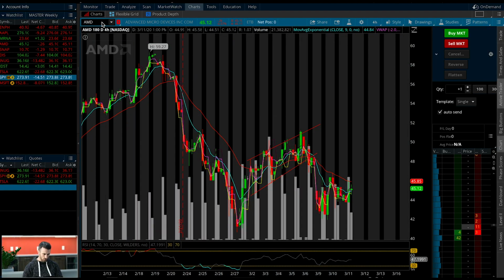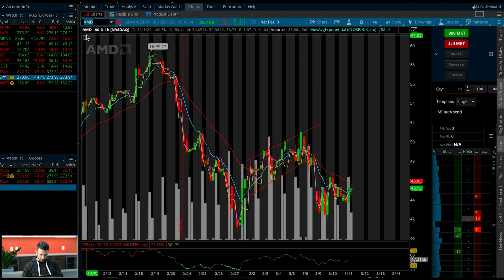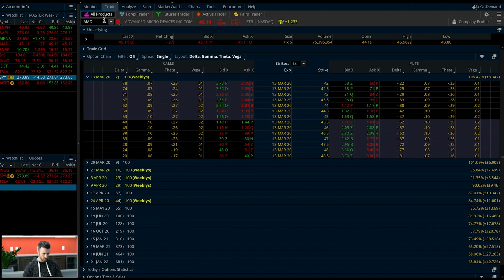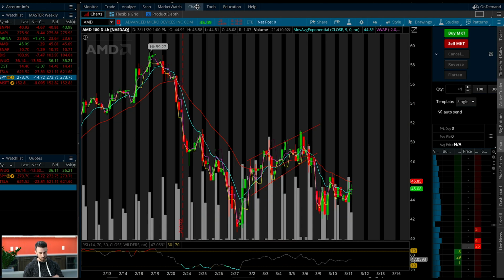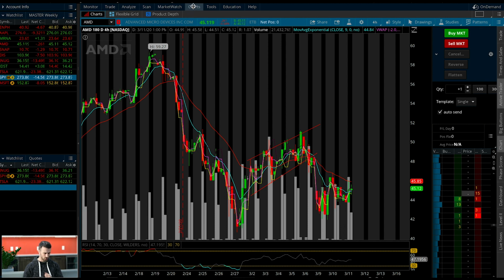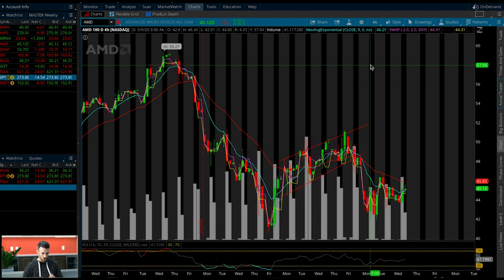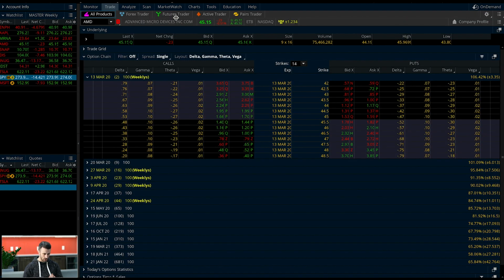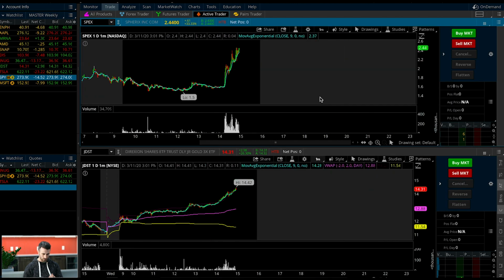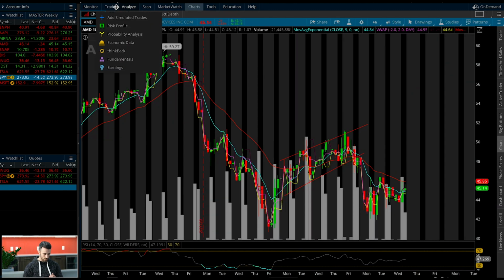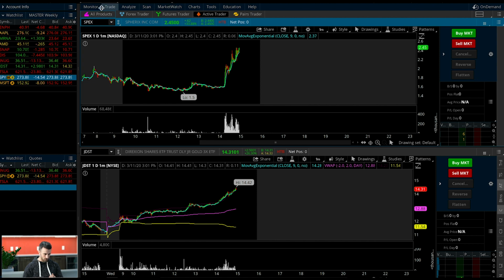So we're looking at AMD here, and I'm going to pull up the trade panel, right? So up here we have monitor, trade, analyze, scan, market watch, charts. And the two that you're really using the most often are trade and charts. Charts is the one where I personally trade shares in the active trader panel right here on charts. You could also trade shares in the trade panel using active trader, and you can compare side by side. However, I'm personally doing it on charts, but to do options, you're just going to make sure you're on